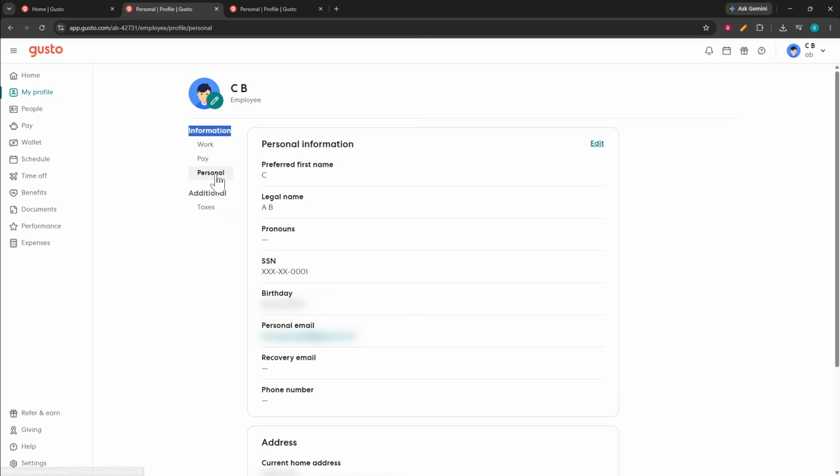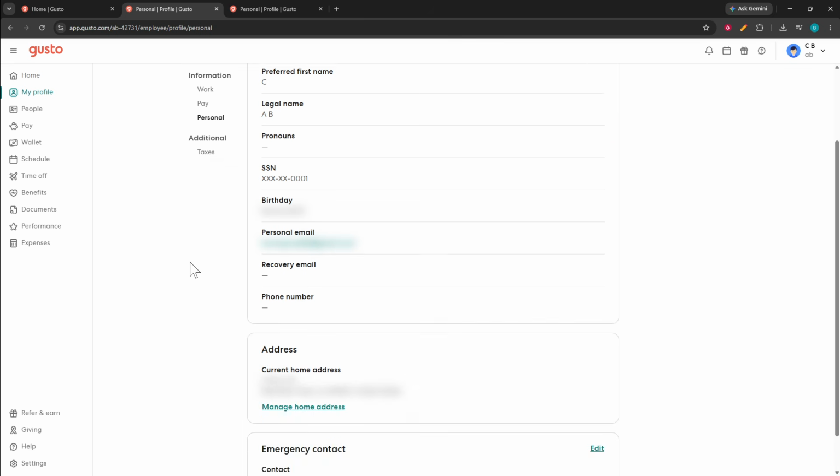This section contains the personal details attached to your account. You may see several fields and categories on the page, so take a moment to make sure you are in the correct section before moving on. The personal page is where Gusto stores the information related to you, including the emergency contact details you want to